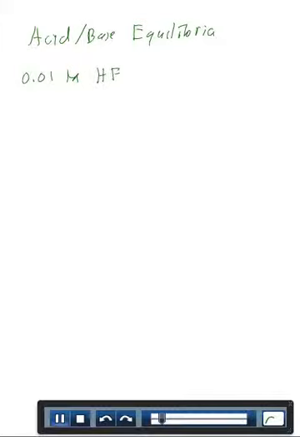Okay, now let's consider acid-base equilibria. As an example, let's say we have a 0.01 molar solution of the weak acid HF, and let's find the pH. So we have to do our little chemistry, knowing that if we have a weak acid in water,